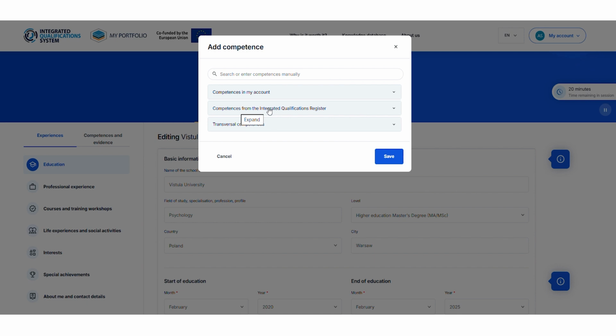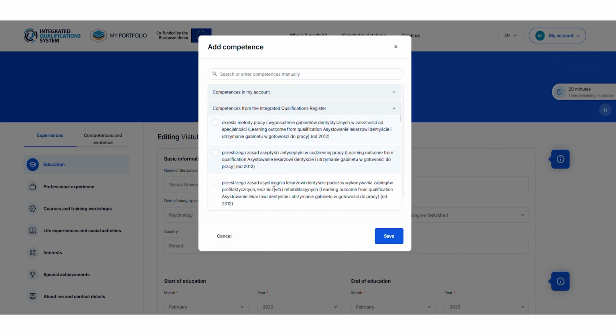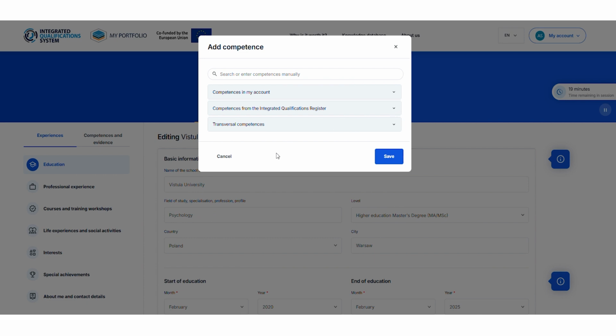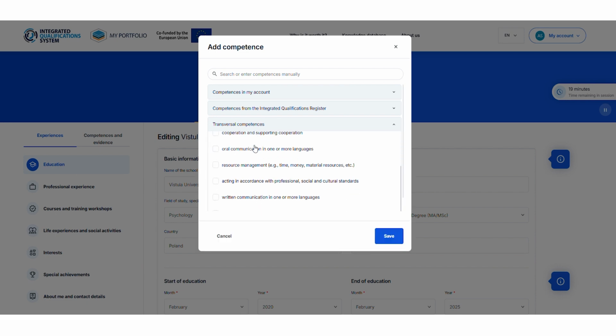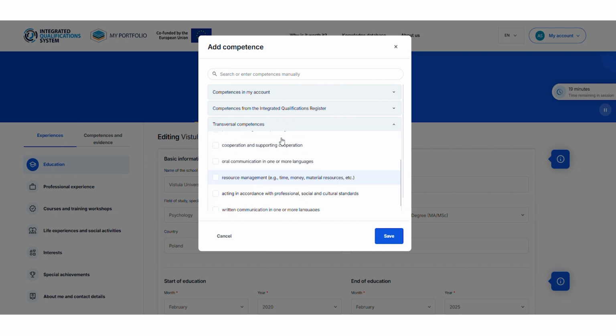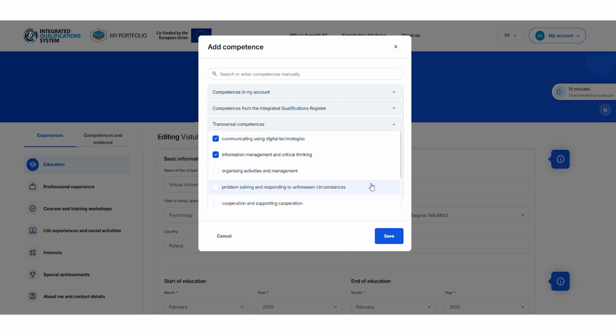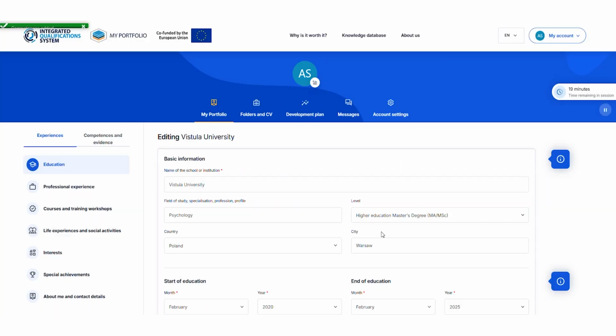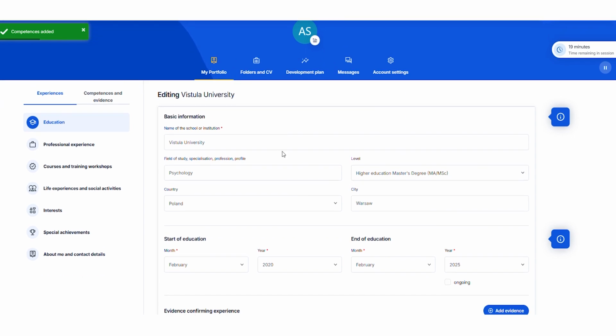However, they are right now available only in Polish. And finally, you can browse through a list of transversal or transferable competencies. As you can see, the process is simple and flexible, allowing you to build a complete and credible profile step by step.